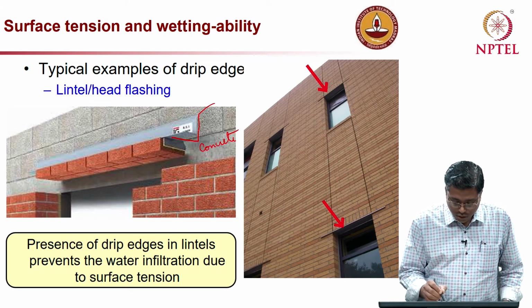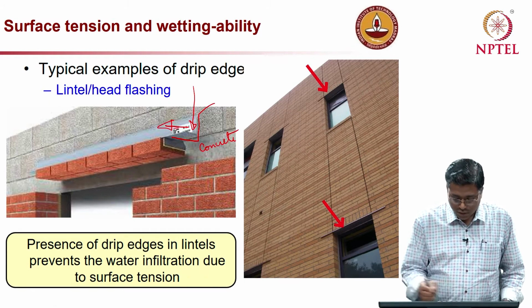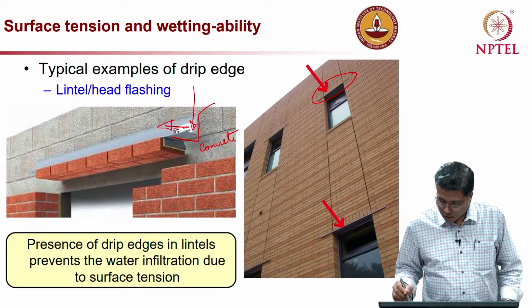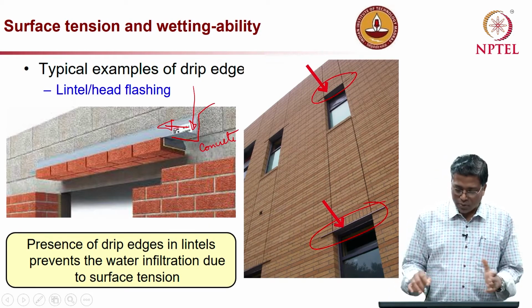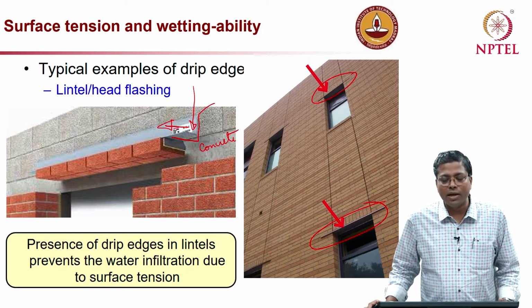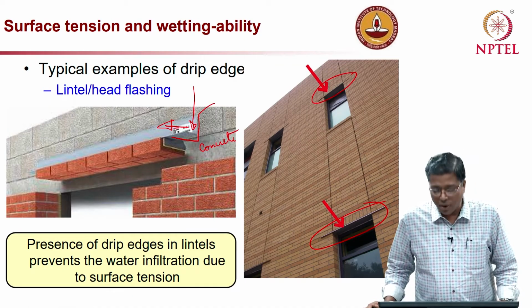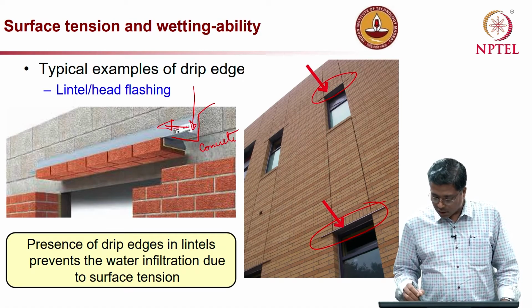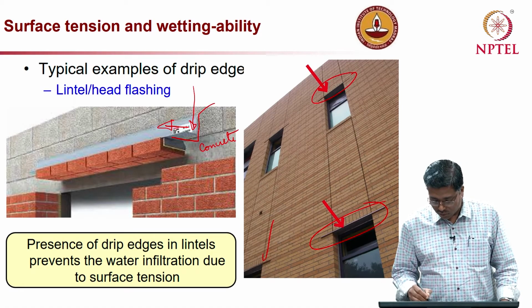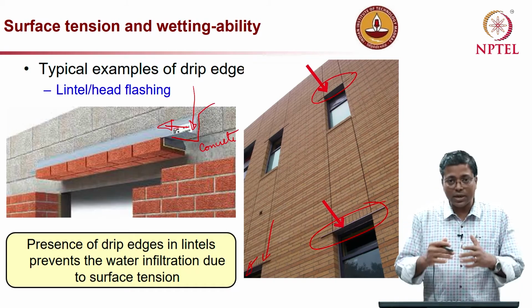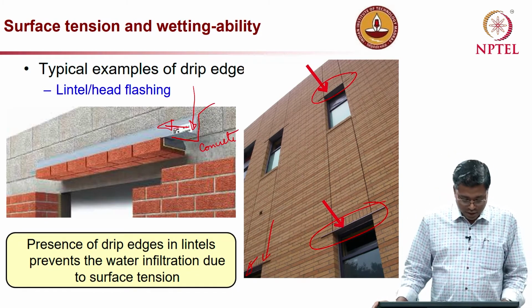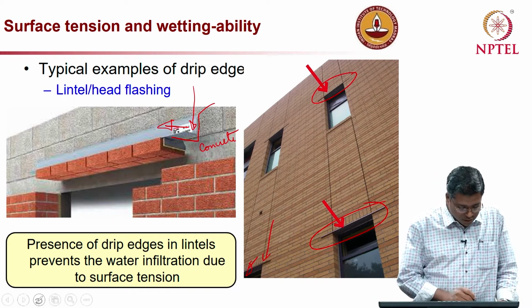Okay. So, the water just flows down and then over here it turns left and turns outward. Similar examples can be seen on many buildings, because these window regions have a lot of metallic elements which need to be protected from water. So, we provide this flashing so that water just comes out and does not get into the window region. The presence of drip edges in lintels prevents water infiltration due to